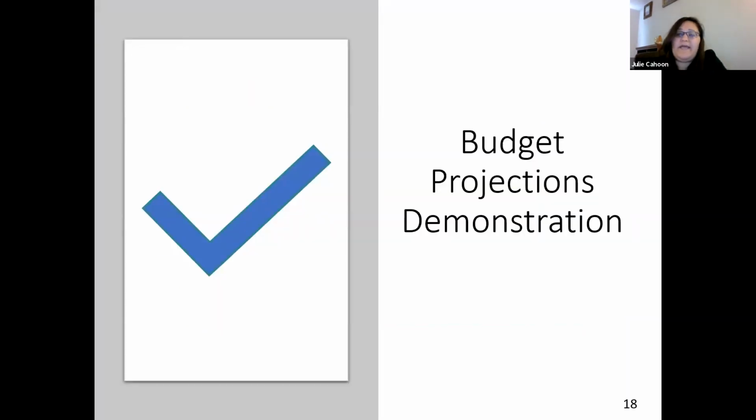And so we're going to go ahead and step into a demonstration. And so just to tee up the demonstration, I want to add in a few caveats, a couple notes. So there are a number of ways to do budget management. There are a number of different types of budget projection tools you can use. There are different ways to do budgeting entirely. So before you